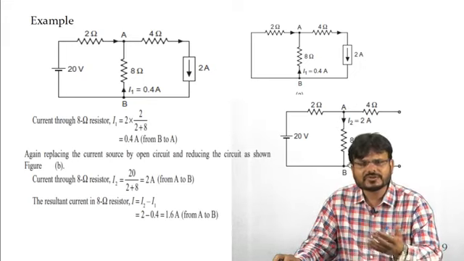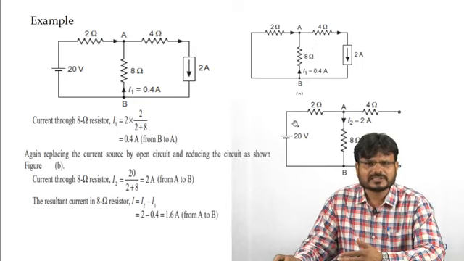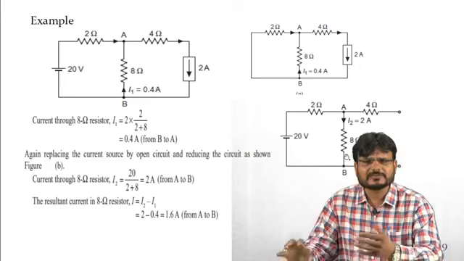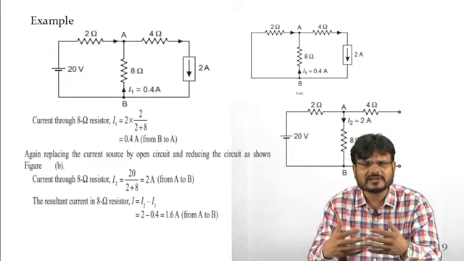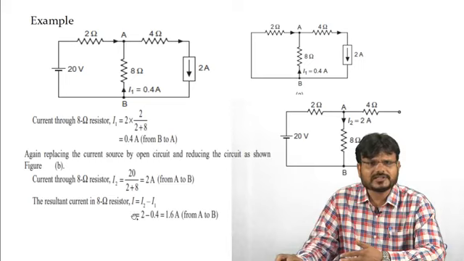So you can notice here, when you were considering this 22 ampere current source, the direction of the current was from B to A. When you are considering this 20 voltage source, the current is flowing from A to B. That means the directions of the currents are opposite. So what will be the net current flowing through this 8 ohm resistance? It will be the algebraic sum. So the resultant current in the 8 ohm resistance is equal to what? I2 minus I1, because this I2 current is more in comparison to the I1.